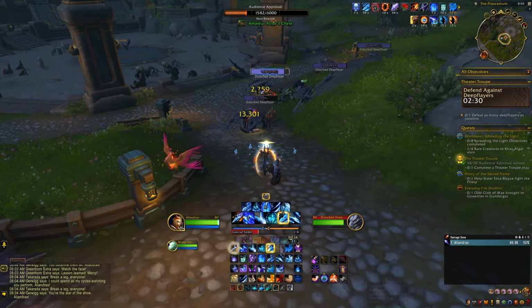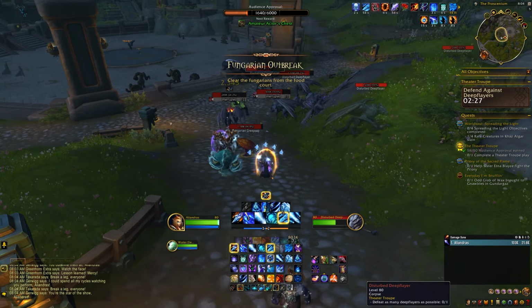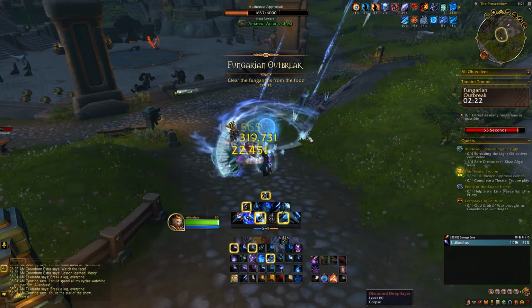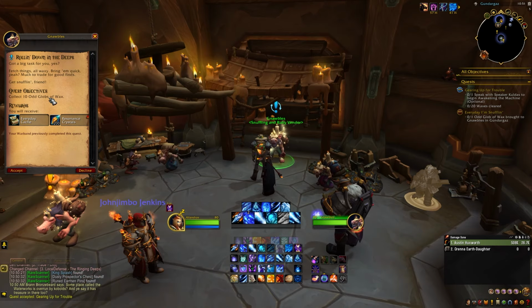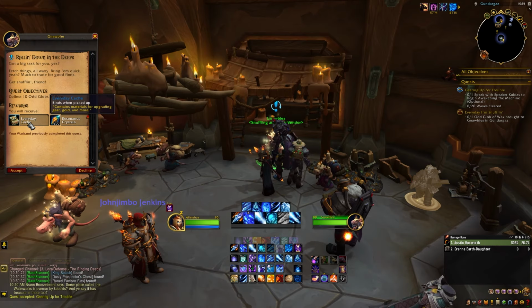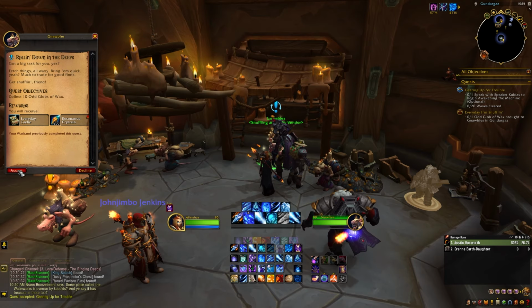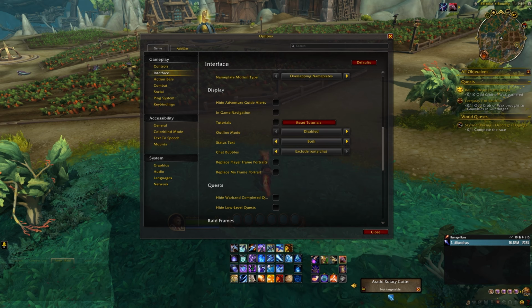So next on our weekly checklist are world events in each Khaz Algar zone. But before we jump into these, there is another event that you should pick up first. For this, we grab the quest Rollin' Down in the Deeps from the Kobold novels in Gundargaz. Completing this quest requires collecting 10 odd globs of wax found in disturbed earth patches, which we run across while